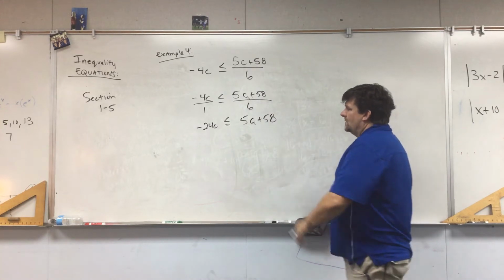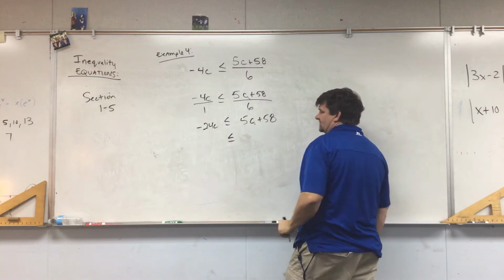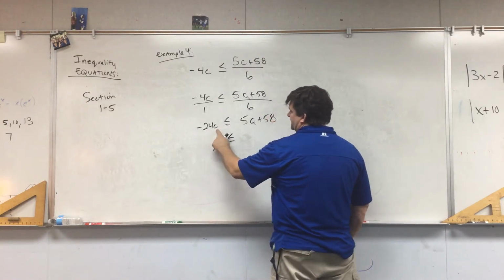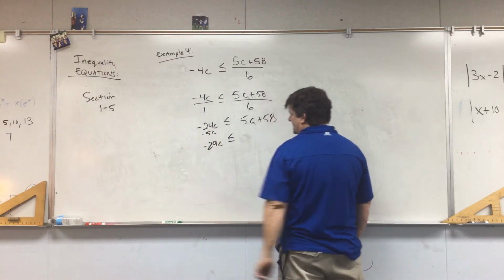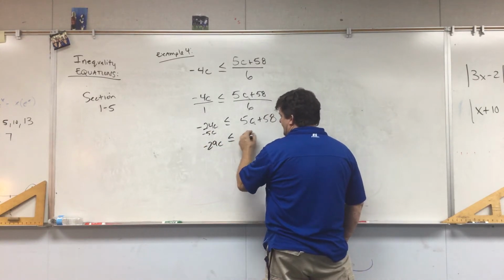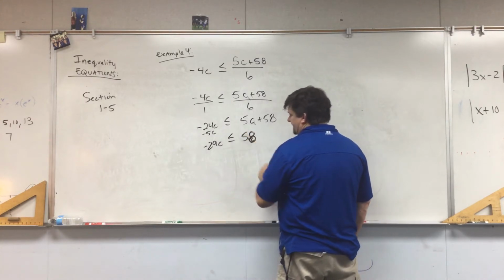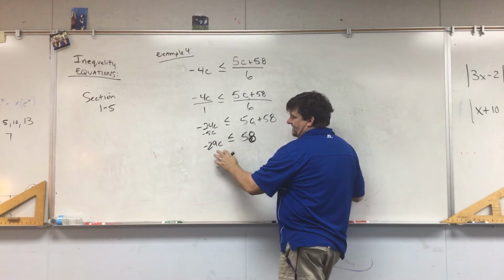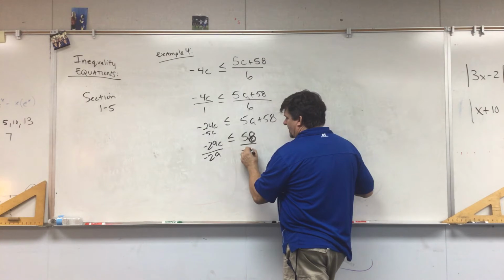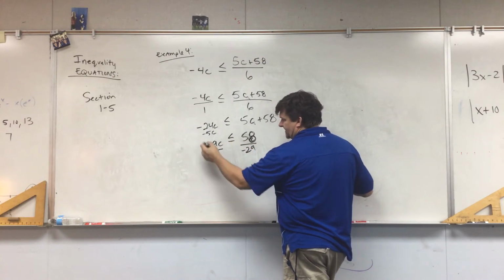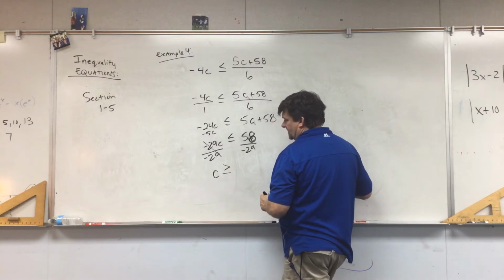So now we can kind of rearrange this thing. I'm going to subtract 5c this way. So negative 24c minus 5c, that gives me negative 29c, and that's 58. So now, one of the reminders is that I'm going to divide by a negative. If I divide by a negative, that tells my inequality sign to point the other direction. So it's going to be c is greater than or equal to